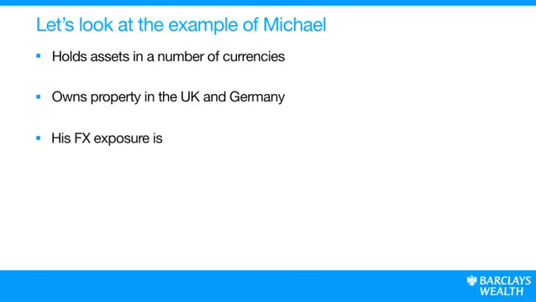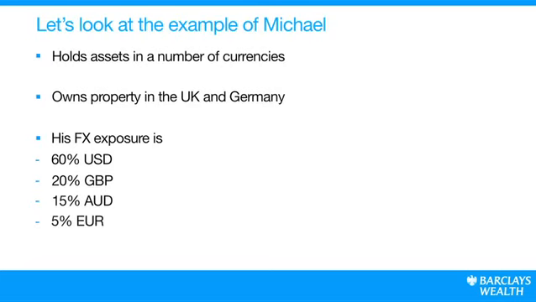Recently, he reviewed his overall assets to work out his currency exposure and found it to be weighted as follows: 60% US dollar, 20% sterling, 15% Australian dollar, and 5% euro. As the majority of his assets are weighted towards the US dollar, he has reviewed how the US dollar has performed over the last 5 years against sterling, the Australian dollar, and the euro, and found it to be extremely